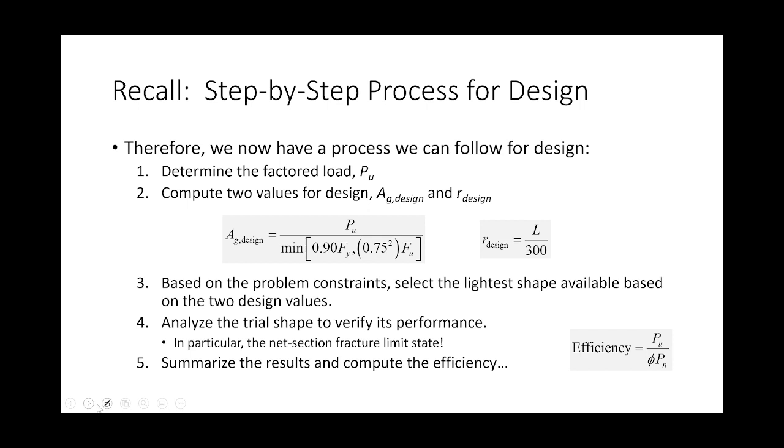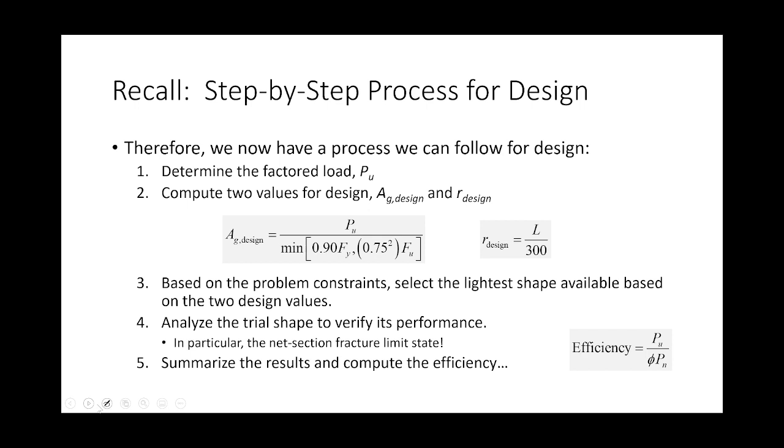So based on that, and based on any other problem constraints, which you are already pretty familiar with, we did the example on the pre-record that said select a channel, and that might have seemed like, oh, there's a lot of channels. There actually aren't. There aren't many C-shapes in the manual, right? Now, W-shapes, that's different. That's why your homework was limiting you to W8s, I believe it was. So we're going to do a problem today limiting you to W12s. So based on the problem constraints, select the lightest shape that you can, and then we're going to analyze that shape. And that is very, very important,